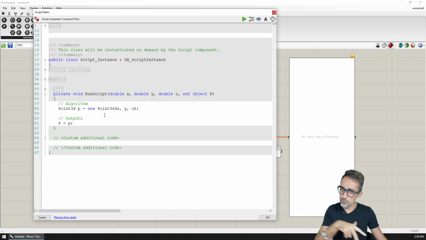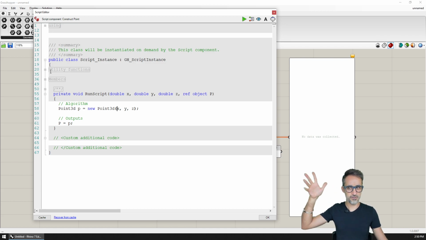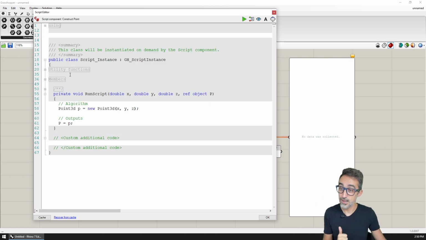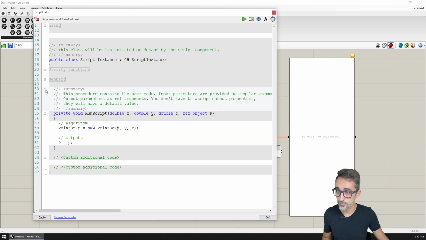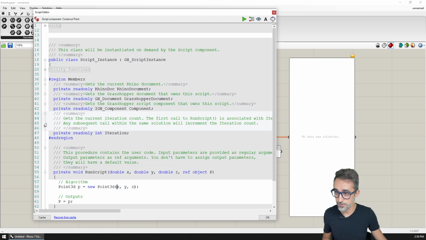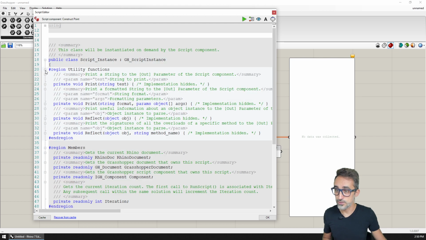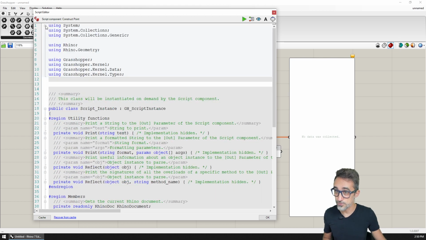But so far in this series, we've kind of forgotten about everything else that was over here. So for this one, I would like to unfold all these regions that have been hidden all this time. I'm going to unfold this one, unfold members, expand utility functions, and expand also the using